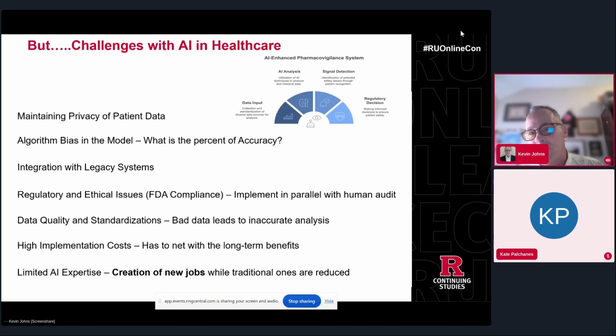I don't think we want to let loose on these things until we really have a chance to work with them, understand them, learn them, and be able to audit these things as we go on. And this is a foolproof statement. Bad data in, bad data out. That's a true statement. It's always been true. And now these Gen AI models are using synthetic data that's creating data to help train them because they're running out of everything else that they have out there to kind of learn on.